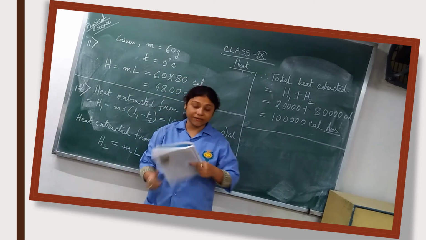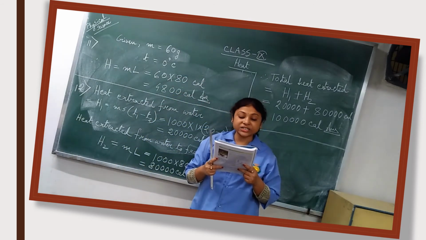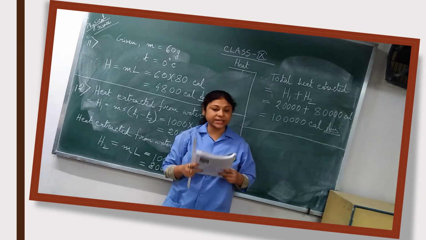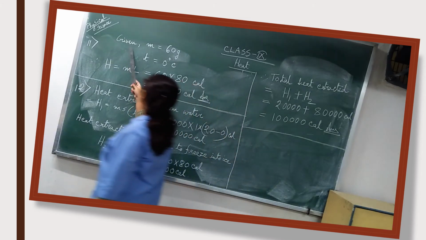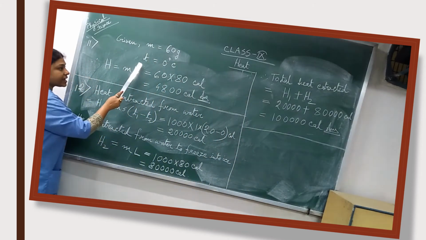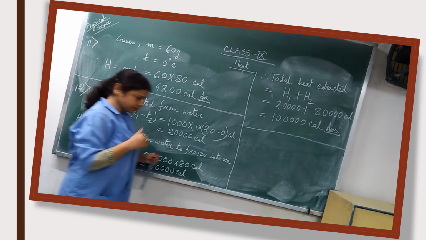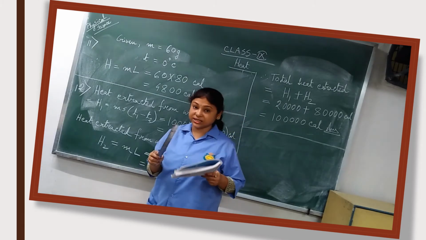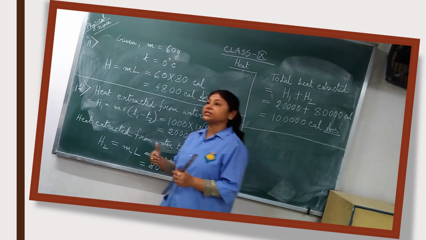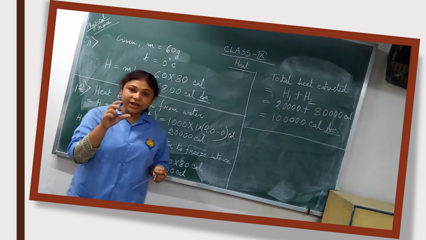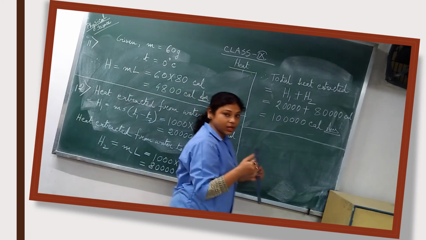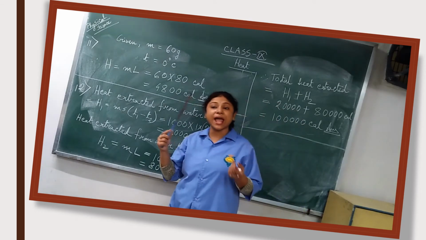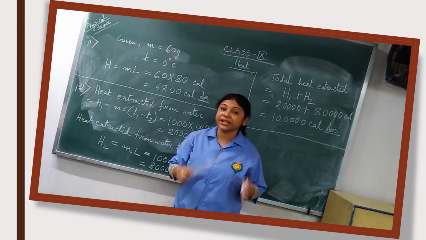Now, sum number 11. So, how many calories of heat are needed to melt 60 gram of ice at 0 degrees Celsius? So, given M is equal to 60 gram and T is equal to 0 degrees Celsius. In this sum, one thing you should remember, that they have mentioned ice. Ice at 0 degrees Celsius, there is a question of latent heat that you know. So 80 calorie per gram, this is at 0 degrees Celsius ice, and at 0 degrees Celsius water's latent heat